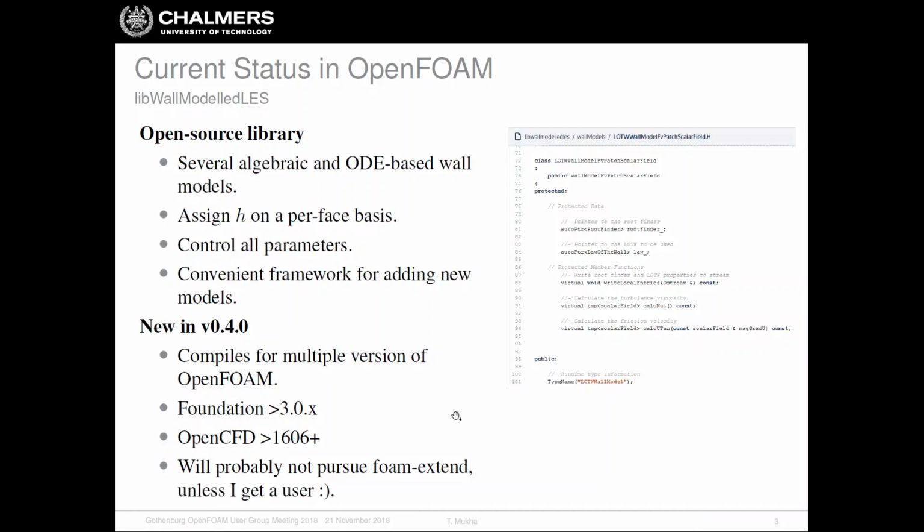Currently it does not support Foam Extend, unfortunately, because I'm very unfamiliar with that fork of OpenFOAM, and it's also, I think, quite conservative in its API, so quite a lot that has been changed in these versions has not been propagated to this one, and I personally don't use it, so I probably won't pursue supporting this fork unless I get a user. So unless somebody tells me, hey, I really want to use your library with Foam Extend, could you please help me make a compile for Foam Extend, then I'll probably go ahead and try my best to support Foam Extend as well.